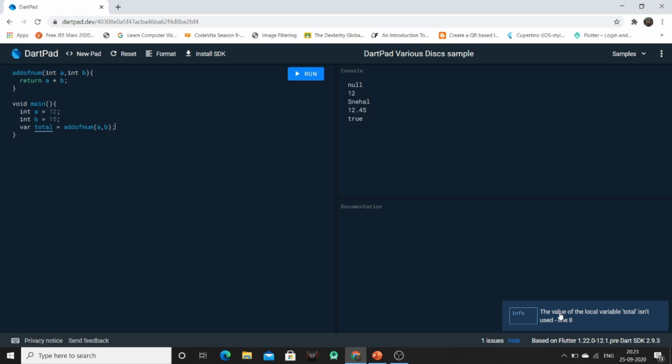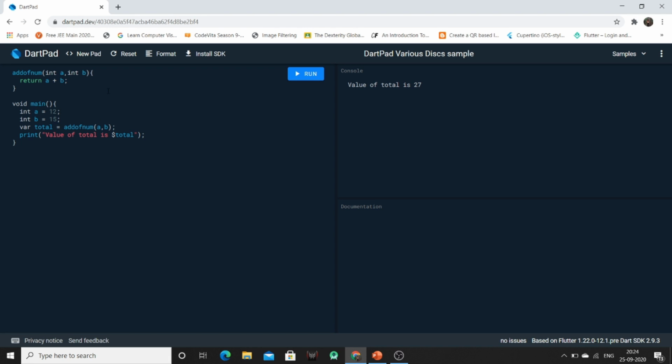That the local variable total isn't used. So now we will print the value of total. So the output will be printed in the console part after executing this function.